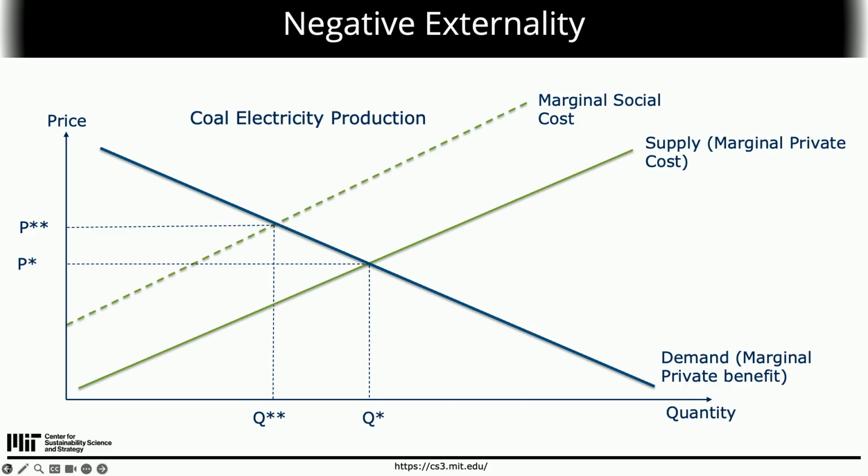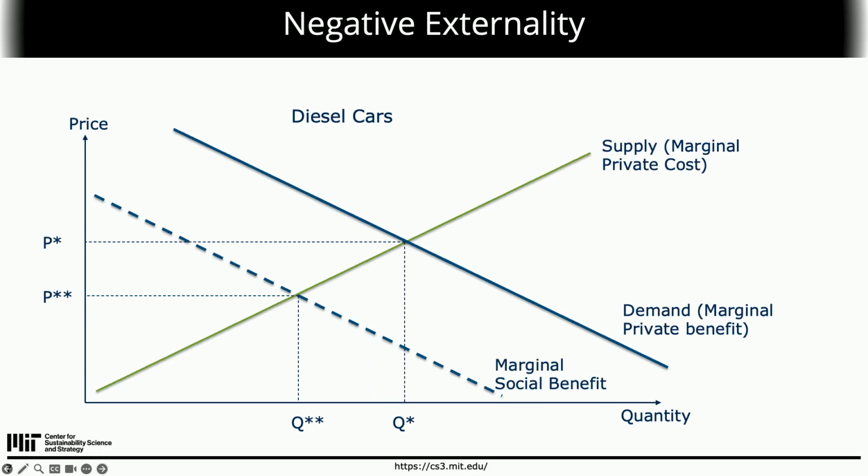And so what we need in this situation is to have some sort of policy in place that pushes society to P star star and Q star star, which is a lower level of consumption or a lower market equilibrium than we would have had before. You see that quantity is moving to the left there. And as I said before, you can have externalities on both the supply side and on the demand side, and in some cases you have it happening at the same time. Okay, but I've split it up just for more of a simplistic overview of what we're dealing with.